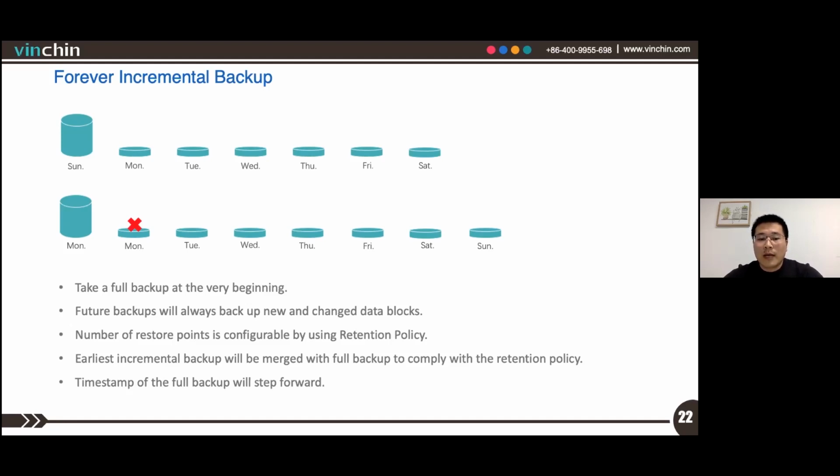As a result, whenever the incremental backup keeps running, you always have 7 restore points in your backup storage. Of course, you can keep more restore points by customizing the retention policy settings.